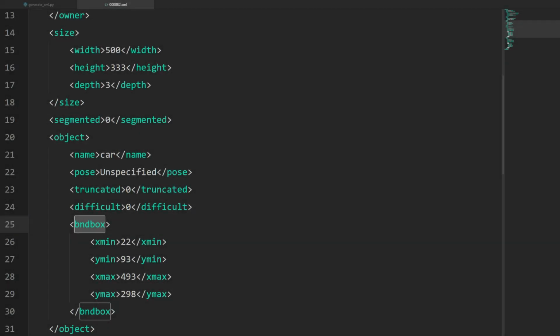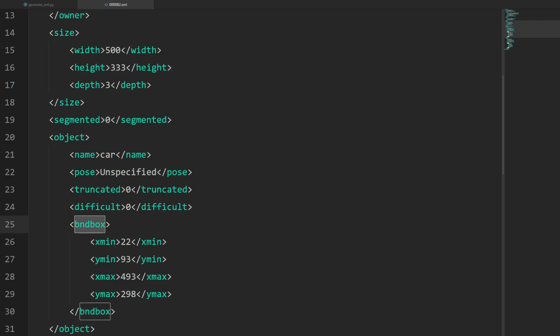What's up everyone? Welcome to part 7 of our YOLO tutorial series, and in this one we're going to continue with annotating our images. So in the previous video we looked at how to display the image, how to use a rectangle selector to draw a box around each object and get the coordinates of that box. Well, in this video we're going to write a function that takes those coordinates and generates an XML file to